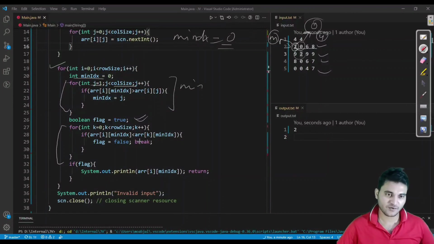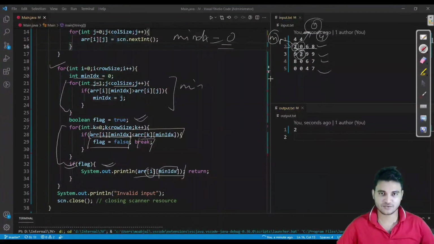So if in any case this condition is true, then this flag will be set to false and we will break from here. We'll check if flag is true, no it is not true, then we will not print anything, we'll move forward. If it is true, as in this case, then we will print the min index, which is 1, and i is of course 1. So we will print arr[1][1], which is 2, and we will return from here.